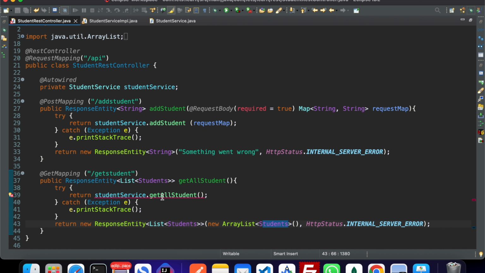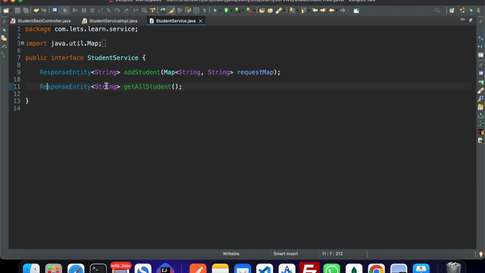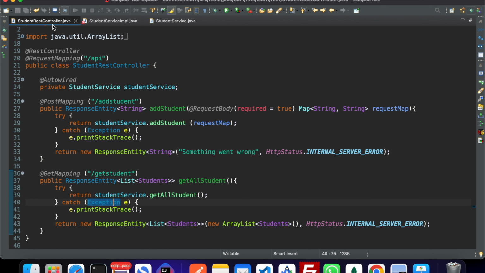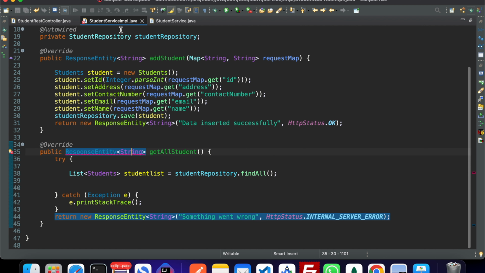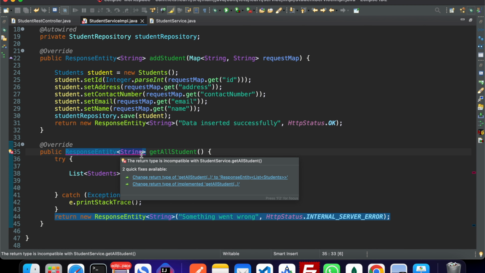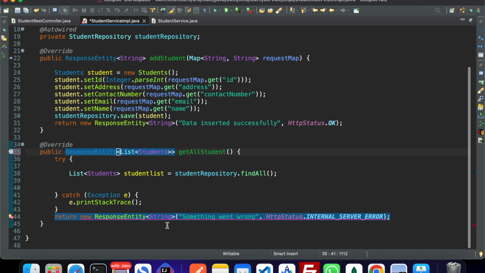And here also, if we are returning the list of students as a response, so in the service interface we also have to return the list of student response. So if we pass it in the interface, we have to also pass it here. So here I have already passed, no, not here, here. So here we have to change it,